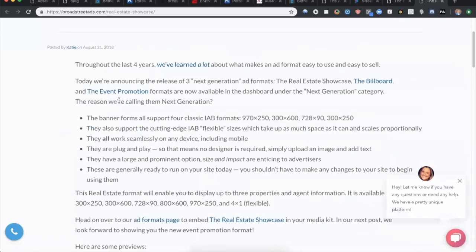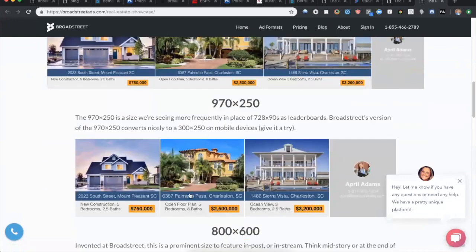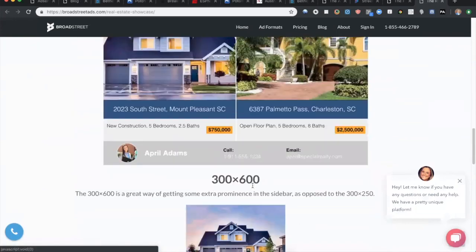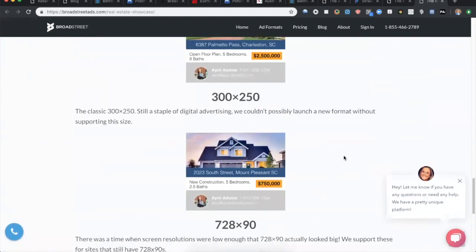So, real estate showcase. This is very simple. Include 3 images or property information for 3 properties. Agent info over here. See 970 by 250, 800 by 600, 2 properties here. So another one that we had a publisher create a lot of these instantly, and they said,